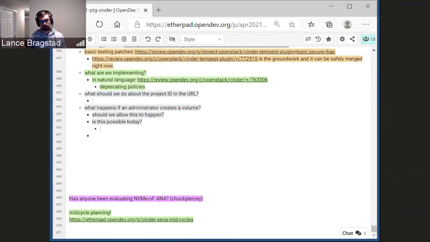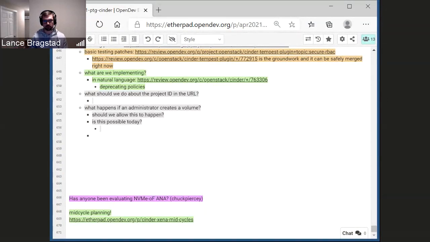So the advantages of approach number 3: it's less chatty because there are no extra API calls to Keystone. It doesn't require an explicit role assignment, and it doesn't require a project scoped token. We're just setting a project ID on a system scoped context ultimately, and making that available through all of the existing plumbing in Keystone middleware and Oslo context. So as Cinder developers, you still just have a context object that has a project ID.